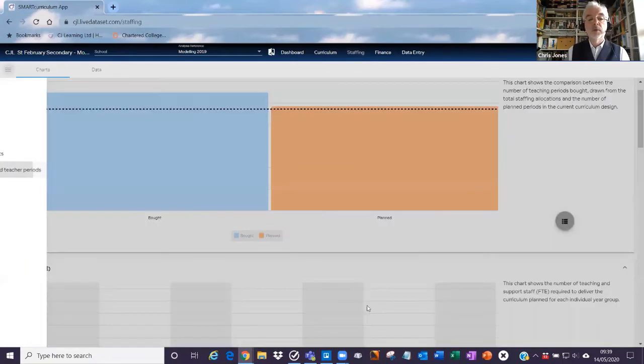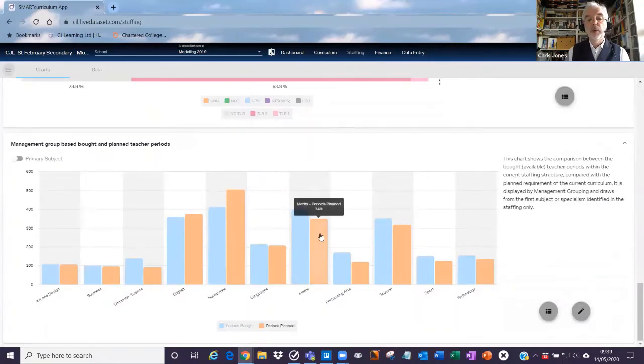But once we've got those, we want to compare with the number. So maths here is 348 teaching periods against 400 bought teaching periods. That means a surplus of 52 periods. Now our history teacher, we said, was going to teach English and media. So English here is at 374, and the bought periods are at 358,